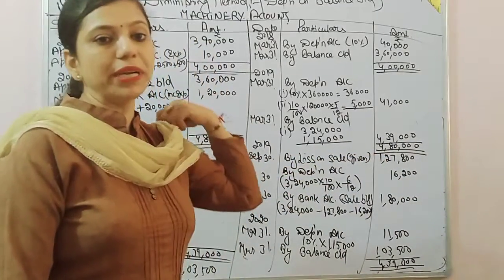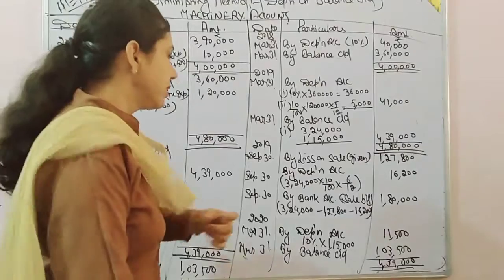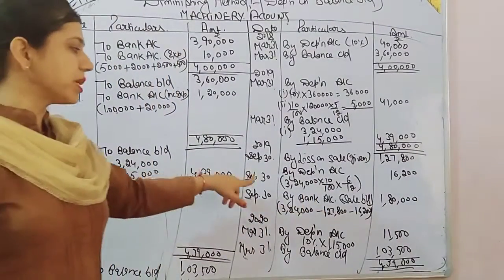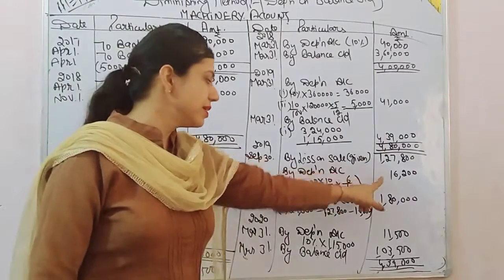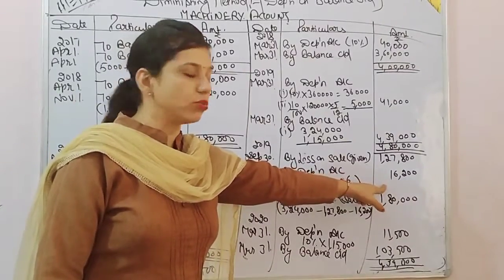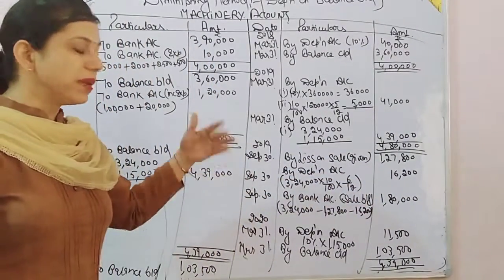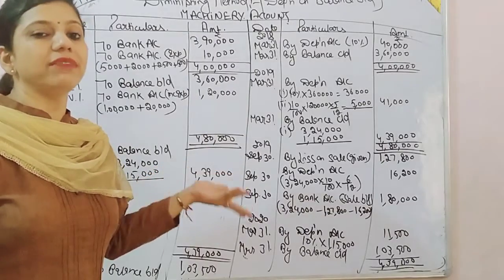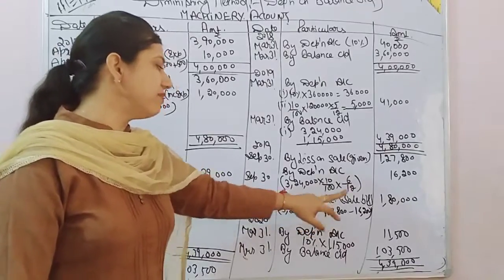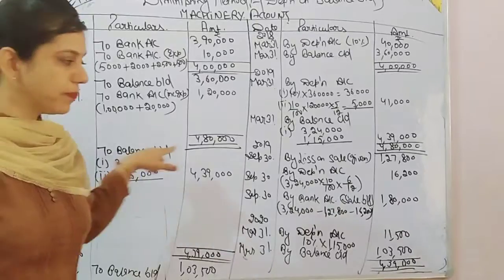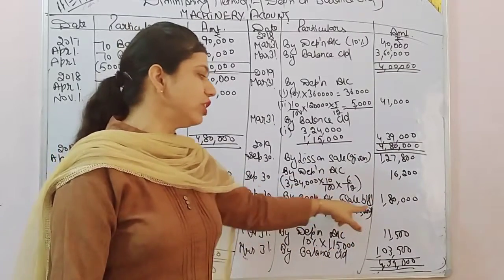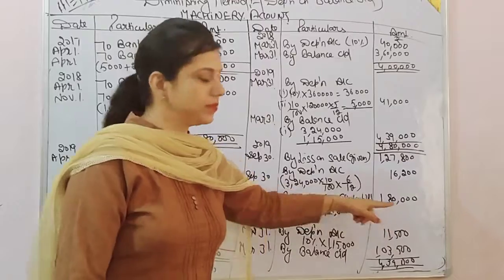Again we have to calculate depreciation till the date of sale. 3,24,000 at 10% from April to September, 6 months. That is 3,24,000 into 10 by 100 into 6 by 12, that is 16,200. So at last, previously the loss was the balancing figure, now the sale value will be the balancing figure. Otherwise all things will be the same. By bank account, the sale value will be 3,24,000 minus loss minus depreciation. So the sale value will be 1,80,000.